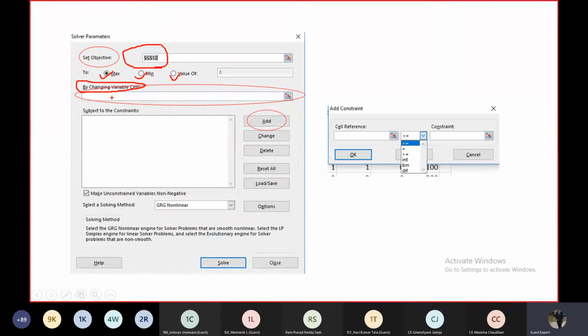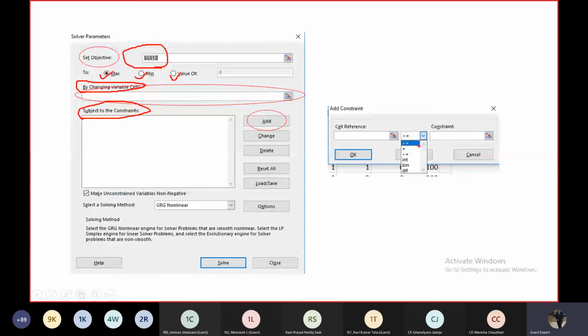Over here we have to give the range of the values. If the range of the value is going to change, our answer is going to change. And then after, we have to click the add button, and we also add the constraints over here. The constraint window looks like this, where we give the cell reference and what kind of constraints we want to add in our solver.